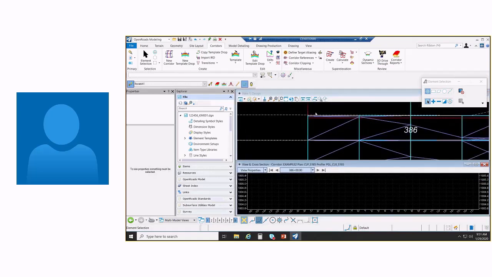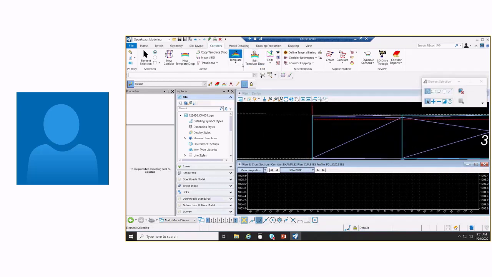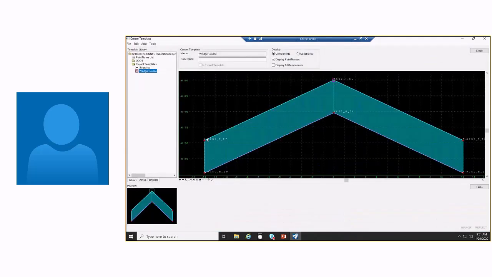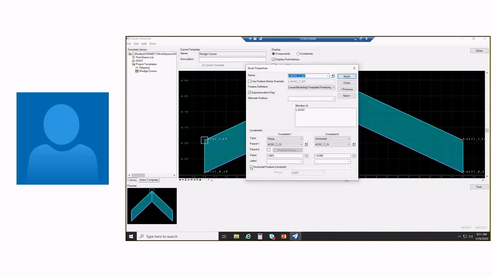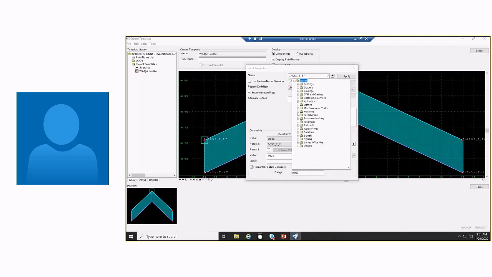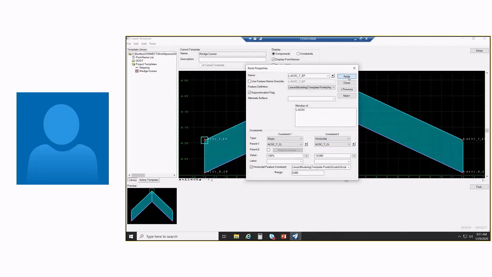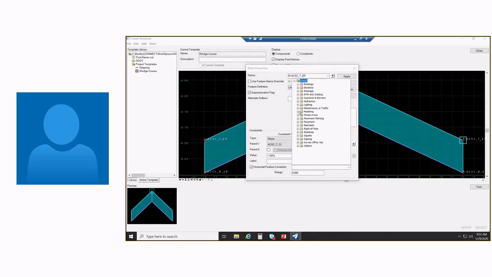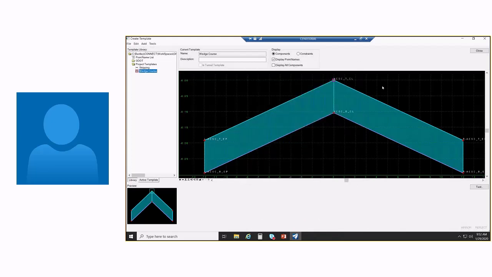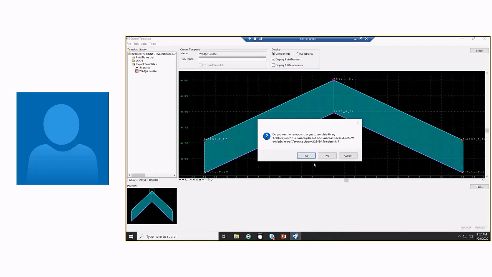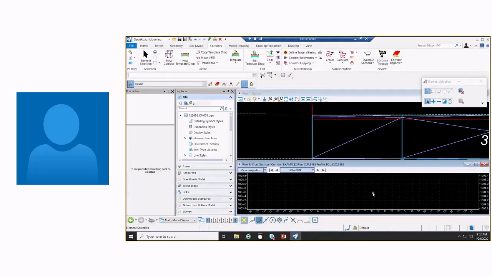Same thing as far as the offsets here. I could, in my component, tell it this left edge pavement, I want a horizontal feature constraint, and we're going to meet that scratch line that we put in. So I'll apply that, and I'll do that over on the other side. Horizontal feature constraint, and we're going to match that scratch line. Save that, and let me,